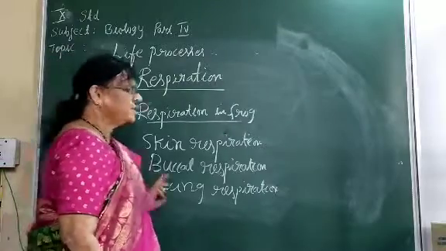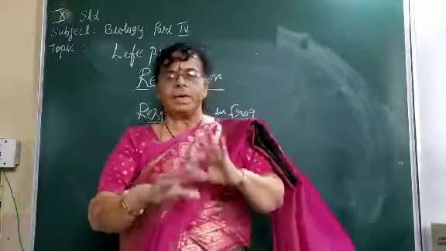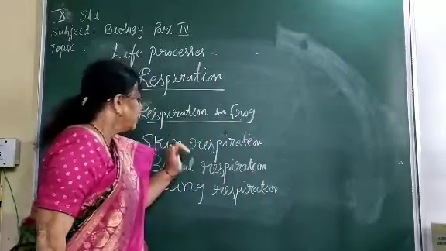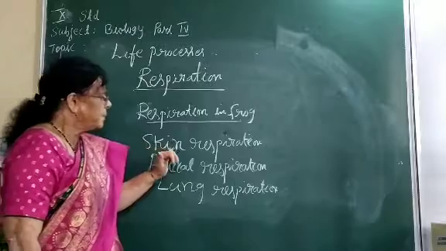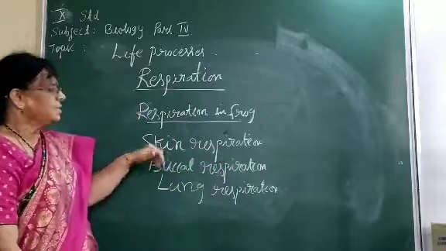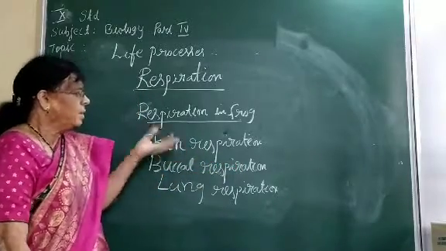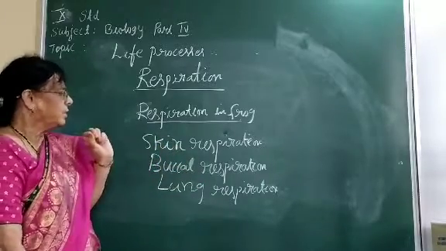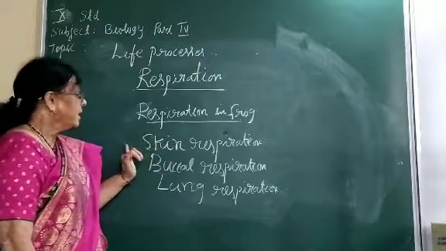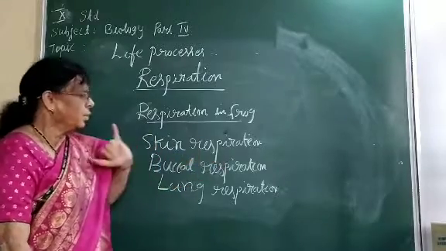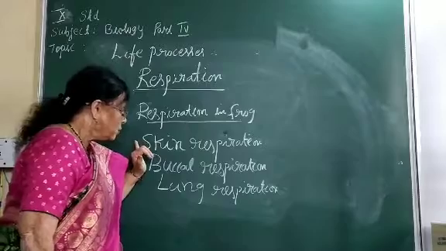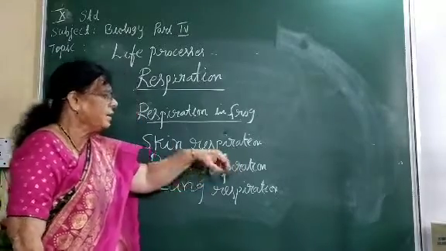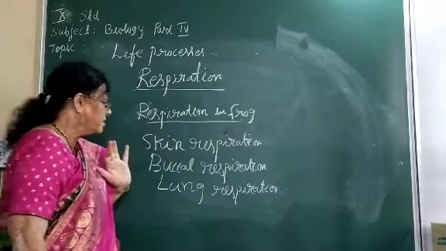See, suppose you touch the skin of the frog, you feel that it is moist because the frog can respire through the skin. Because it respires through the skin, during the process of respiration, energy is released, then carbon dioxide is given out, even water vapor is also given out. So that water vapor will keep the skin of the frog smooth. So through respiring through the skin, it can take oxygen and then it can give out carbon dioxide.